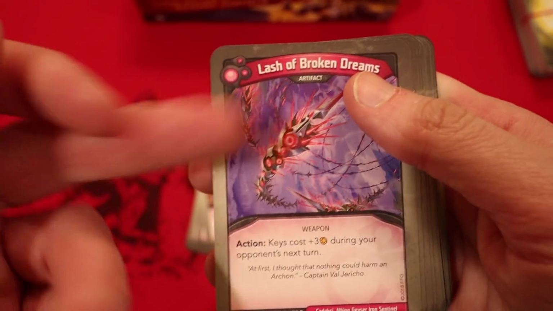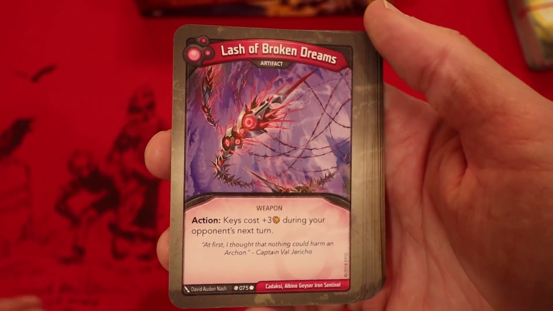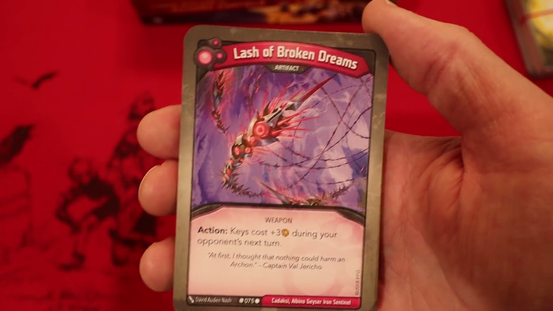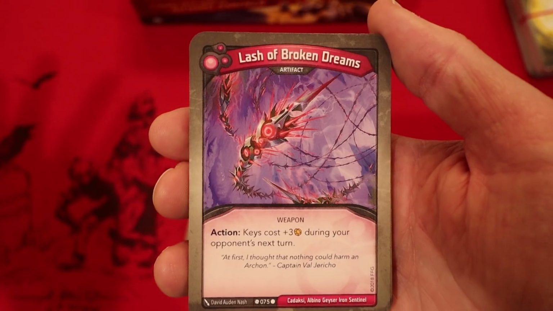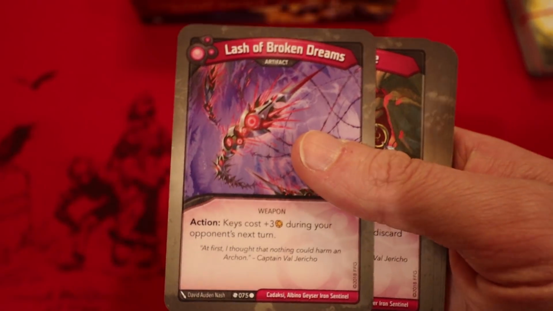Then you got Lash of Broken Dreams, which is excellent. Anytime you make your opponent pay 3 more amber to forge a key, it's a very powerful thing. That's 3 amber that they basically lost out on. That's half of a whole other key, right? So Lash of Broken Dreams is a very powerful card, even if you use it and they still can forge